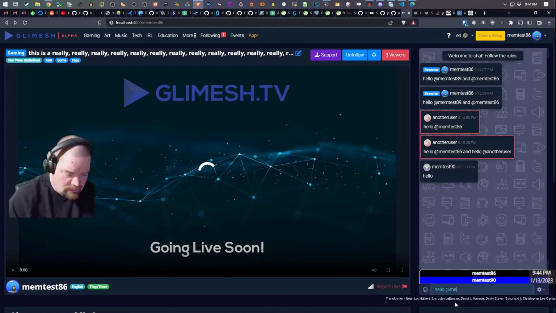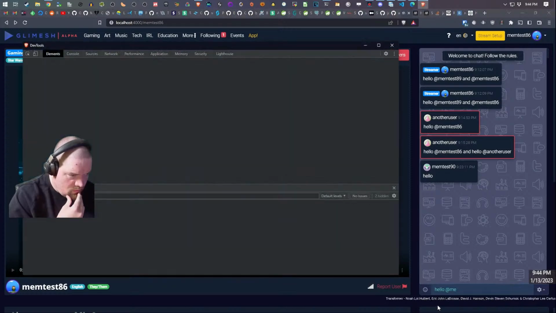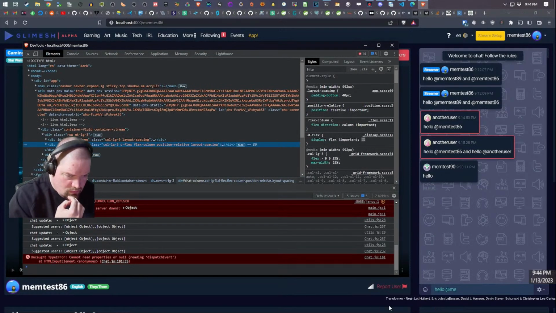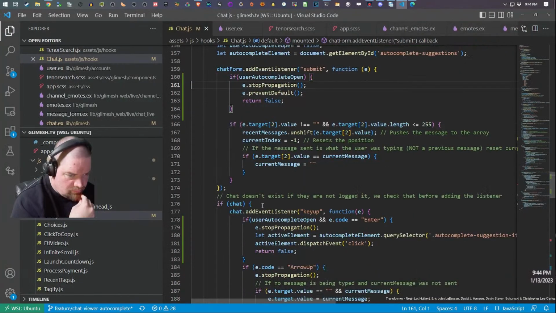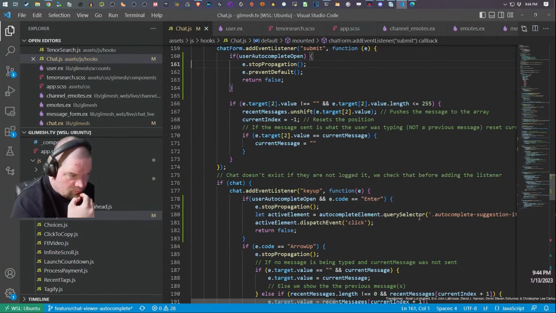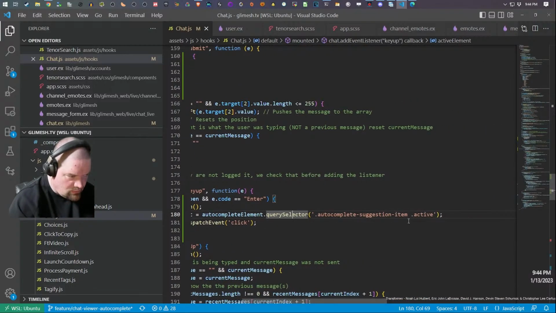Enter still not getting picked up. Cannot read properties of null. Okay. 181. Alright, did I do my query selector wrong? Probably did. It's probably no space there, right?